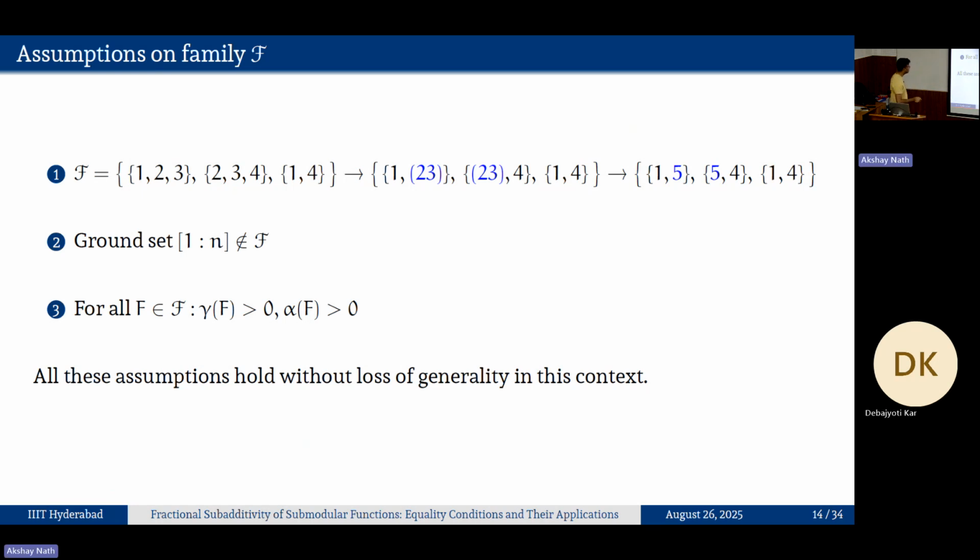And then we assume that these quantities are greater than 0. In some literature, they state it in terms of having all possible subsets, where this is non-zero for only a few subsets, and that is their interpretation. We have a different interpretation, saying that gamma f is strictly greater than 0, and we only consider those subsets.